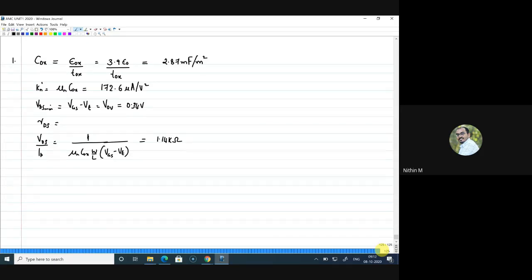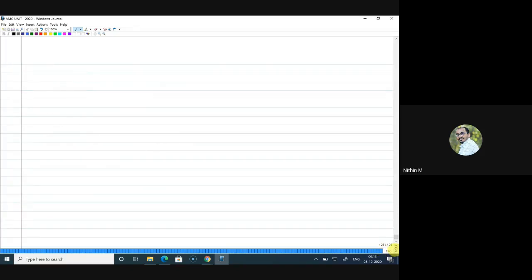That is for a PMOS transistor. Tox is given, mu P is given, Vt is given, W by L is given. You are asked to find the drain current for the following cases. Just before solving that, let me give you an idea about PMOS transistors or the difference. We were dealing with NMOS transistors for the entire unit 1. So let me bring in some insight about PMOS transistor.